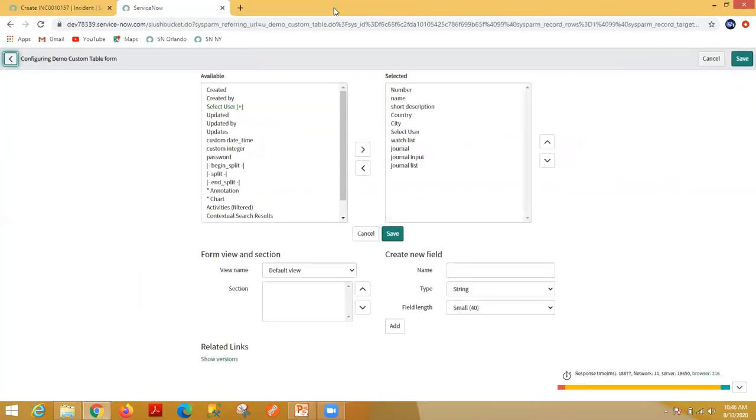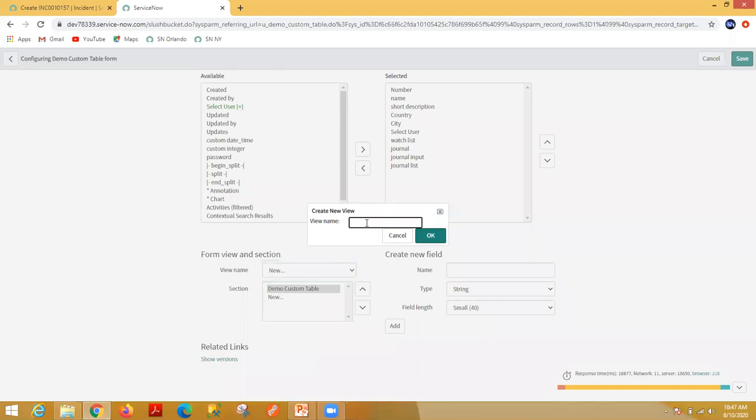Here you can see the view name field, and currently only the default view is available. So now you have to click on new. Here you can give the new view name. Let's say I am giving end underscore user. This is my new view name. Just click on OK.